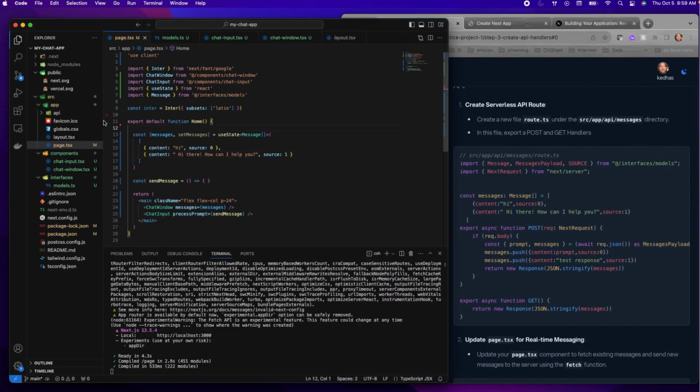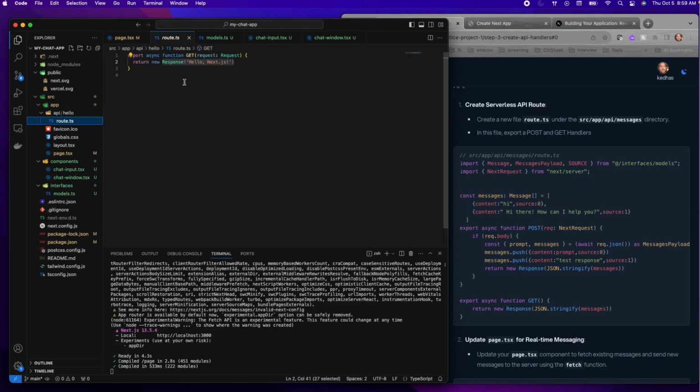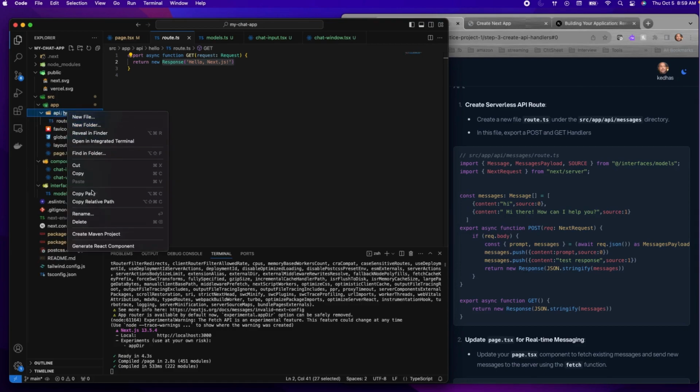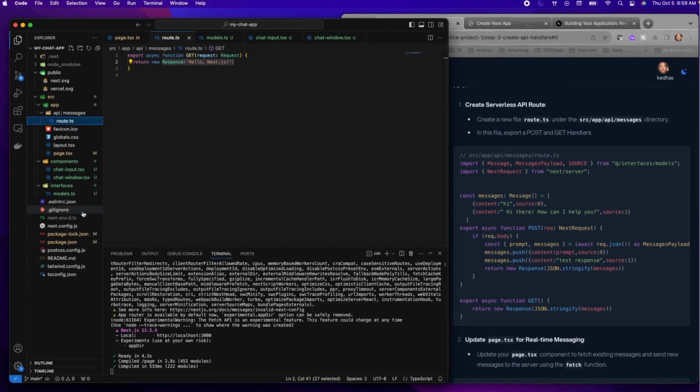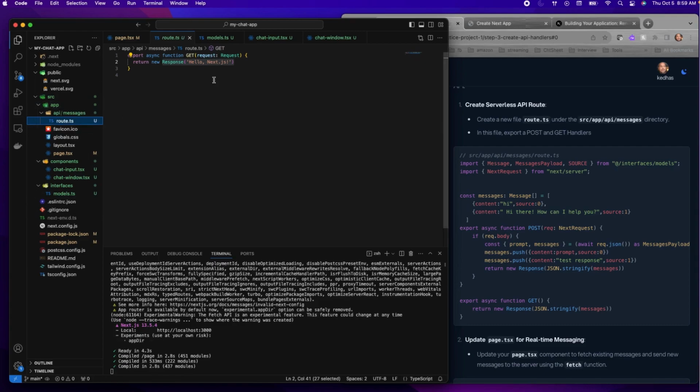We'll go to the API folder here, and there is already a hello route, which is a dummy route. We don't need that. We can create a new one or maybe update this. We'll rename it to messages, and then the route will be